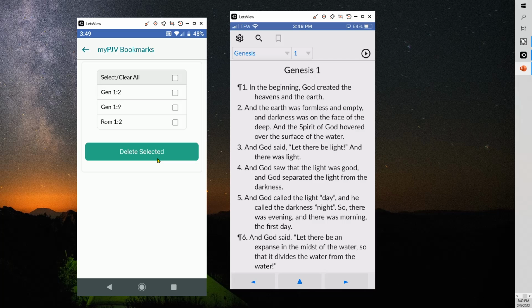Now, if you wanted to delete Genesis 1, 2, and 9, you'd simply tap on the checkboxes and then tap on Delete Selected. If you wanted to remove all of the bookmarks, tap on the checkbox at the top, select Clear All. If you tap it again, they're all cleared. If you select them all and then tap Delete Selected,